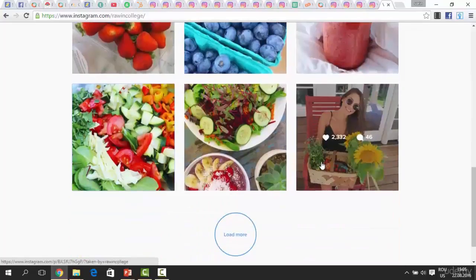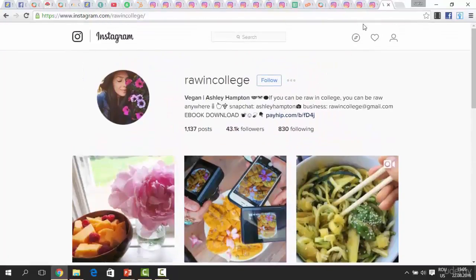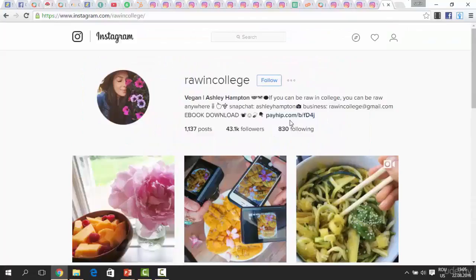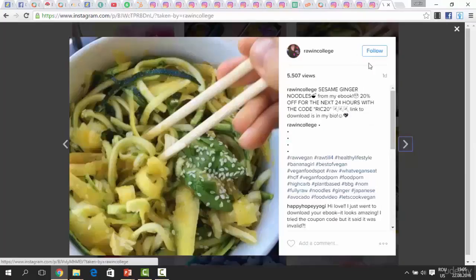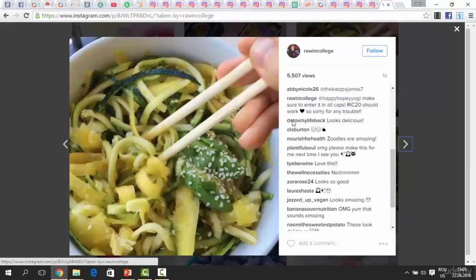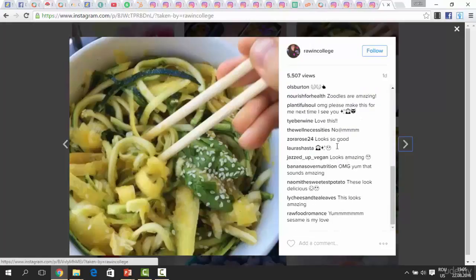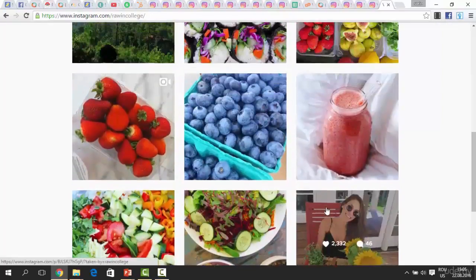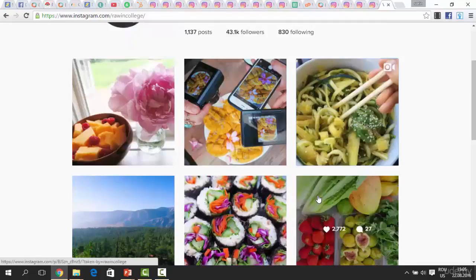In terms of hashtags, you have seen there are users that are using them, others that aren't, but that's how it goes. So what you can do right now is follow these top users that you can find here from the top posts, and then you can check to see which are the most active followers that they have. For example, you go here in the comments and you see if you can identify followers that are commenting and liking on multiple posts. Those are practically brand ambassadors or people that are very enthusiastic about the user or the brand itself, and we will talk more about that in a couple of moments.